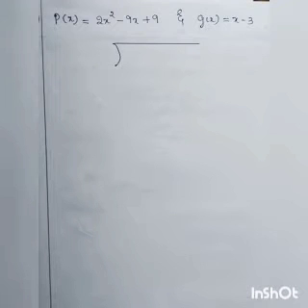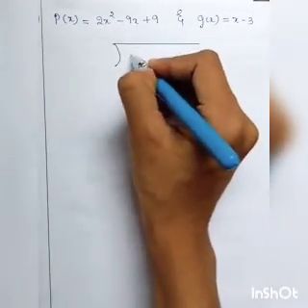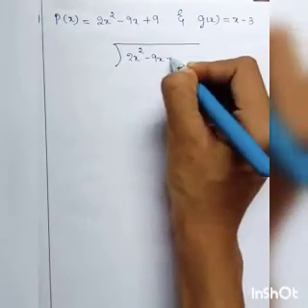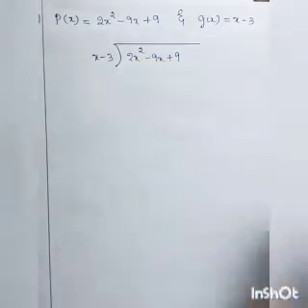In the same way, for the second problem, P of x and g of x are given as usual and they ask us to find the remainder. Divide P of x by g of x and find the remainder. This is our question. First we'll use the long division method because it's easy to find. The long division method is important for 10th standard also. P of x is the dividend, and the dividend you always write inside: 2x square minus 9x plus 9, divided by the divisor x minus 3.